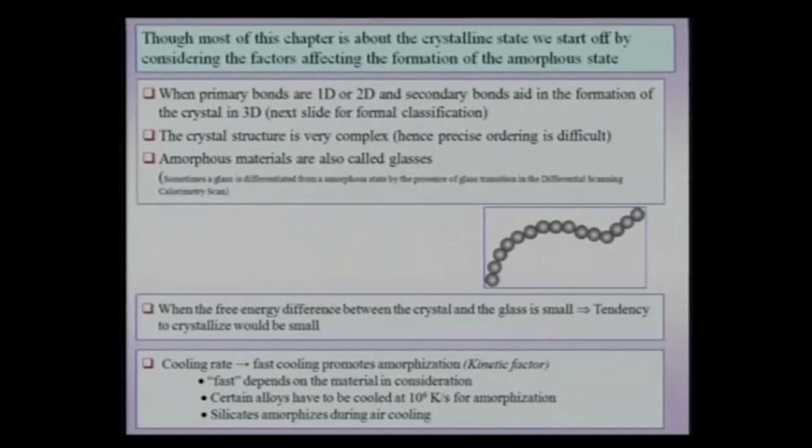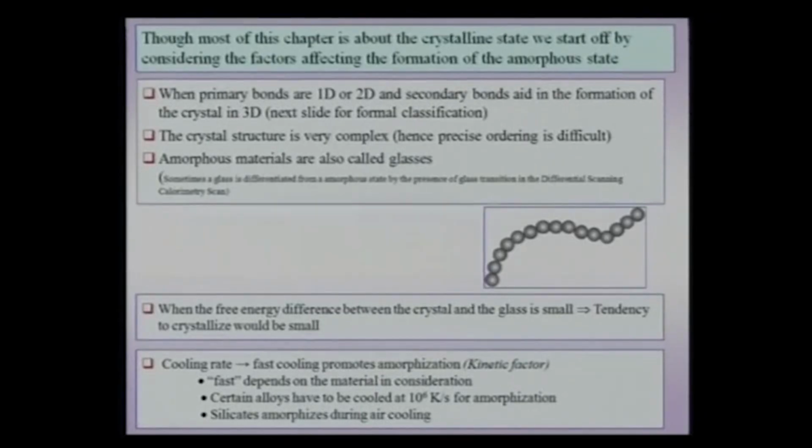When the free energy difference between the crystal and the glass is small, then the tendency to crystallize would be small. There are kinetic factors which promote the formation of glasses. For instance, a fast cooling rate would be good for the formation of glasses because you don't have enough time for the formation of a crystal, wherein you require precise ordering. If you want to cool certain alloys to form glasses, say metallic alloys, then you need to employ very high cooling rates like 10 power 6 Kelvin per second, which can be achieved by methods known as splat cooling, or